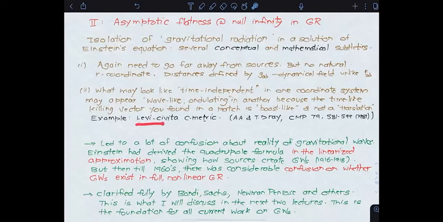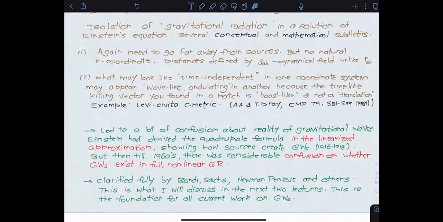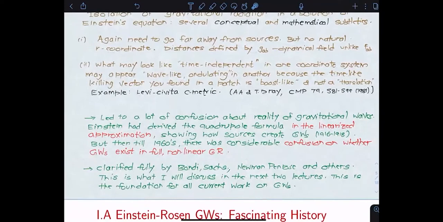And there is a very famous example, the so-called Levi-Civita metric, for which there was a lot of confusion about whether there is actually gravitational radiation. This was settled, in this paper long time ago, by doing a conformal transformation, attaching Scri and looking at the structure. But because this is very subtle, there was a lot of confusion in the early days about even the reality of gravitational waves. This may sound shocking to most of the students, knowing that gravitational waves have been detected, but